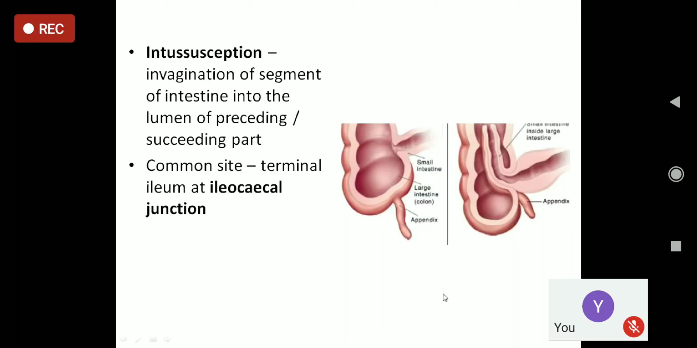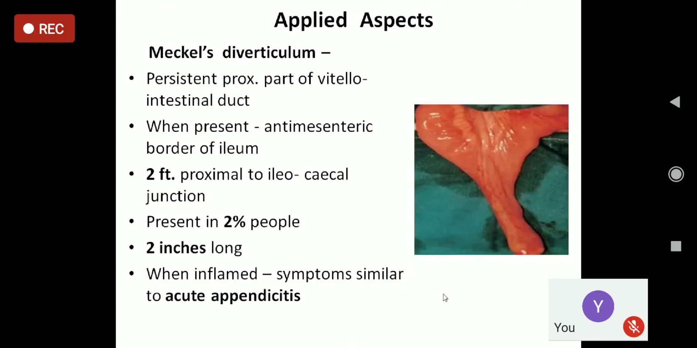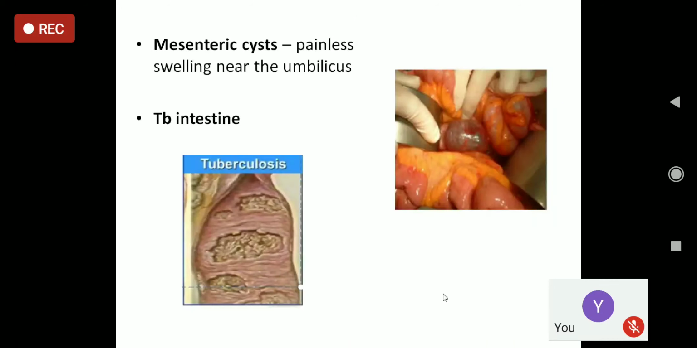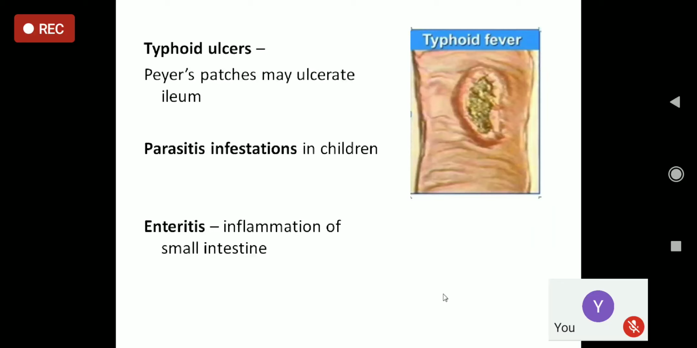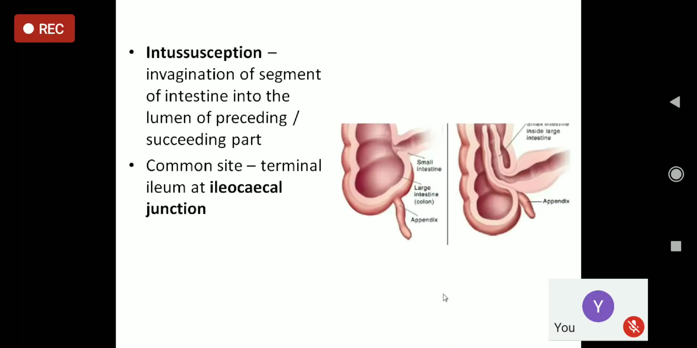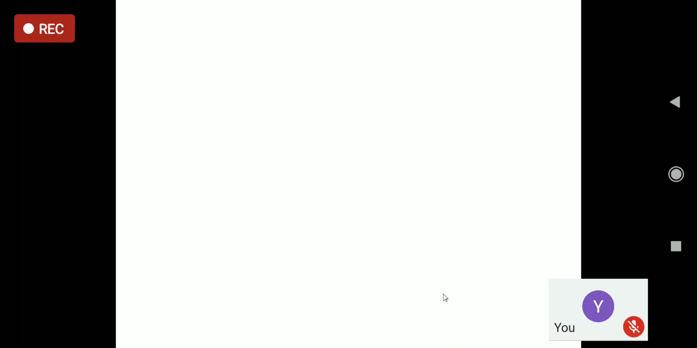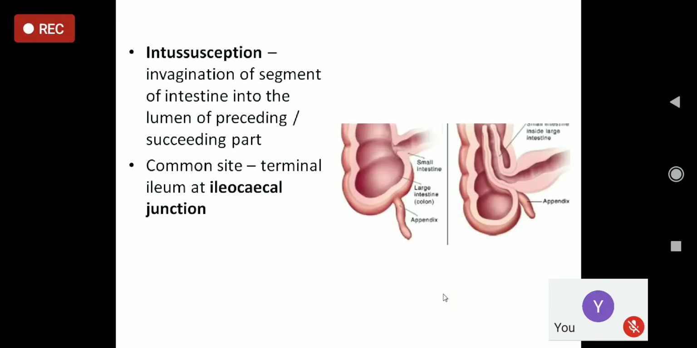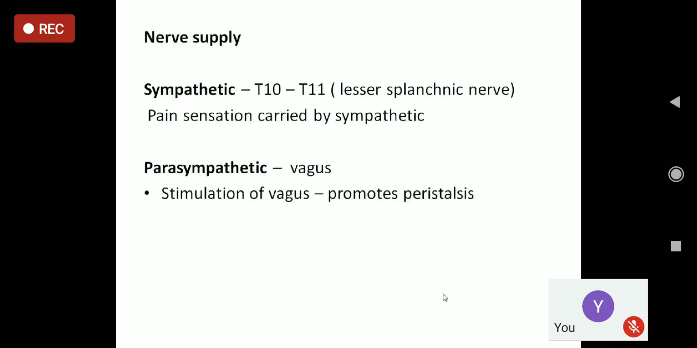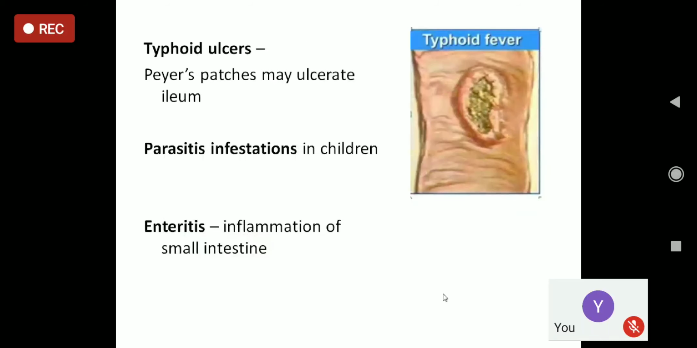So these are the important applied aspects of the small intestine. Mucus diverticulum, you read again in development. Then the cyst, tuberculosis of the intestine, then ulcers of the intestine, especially in typhoid fever, the parasitic infestations common in children, and then enteritis and intussusception. So this completes the